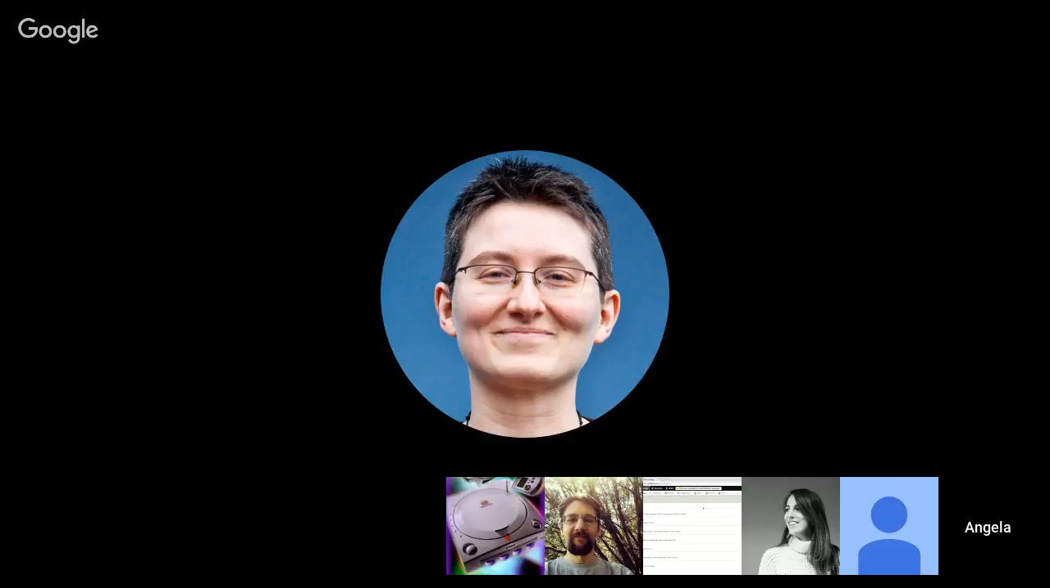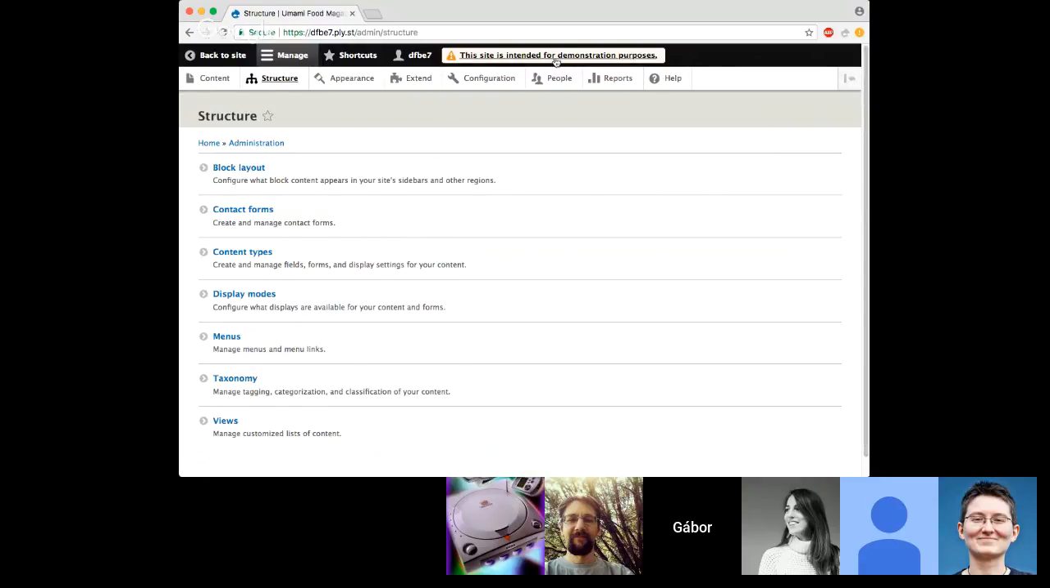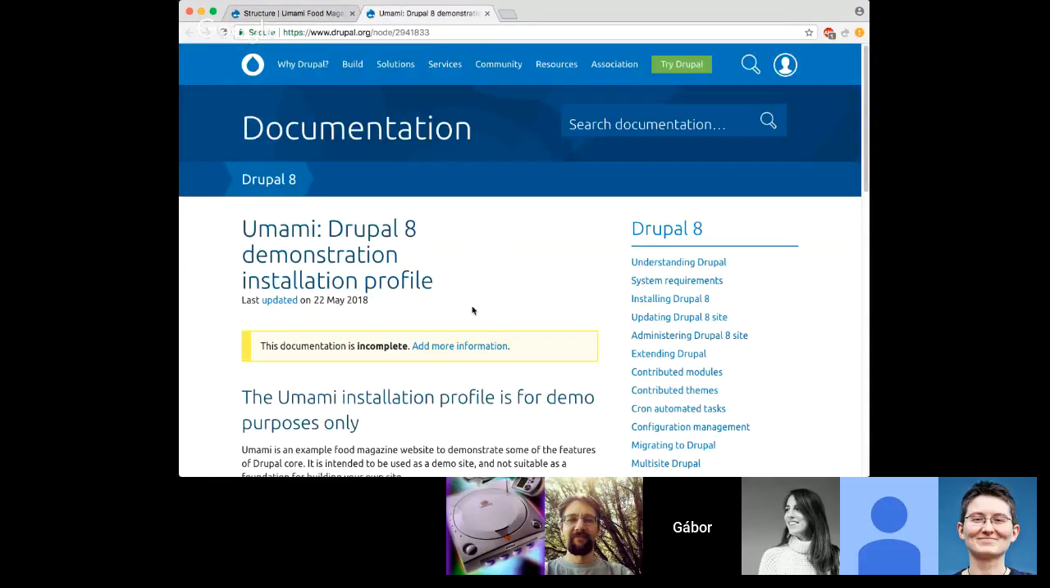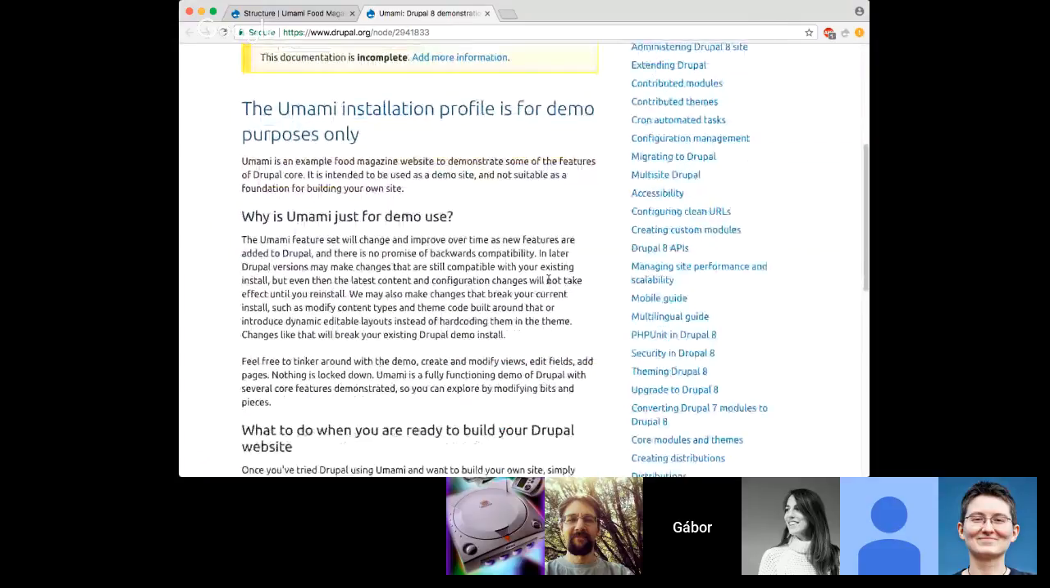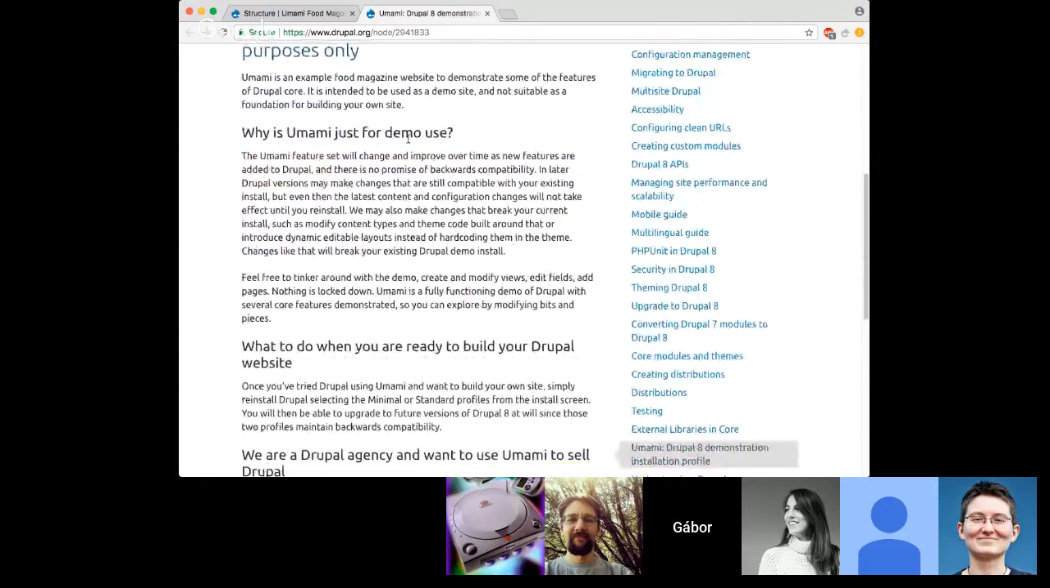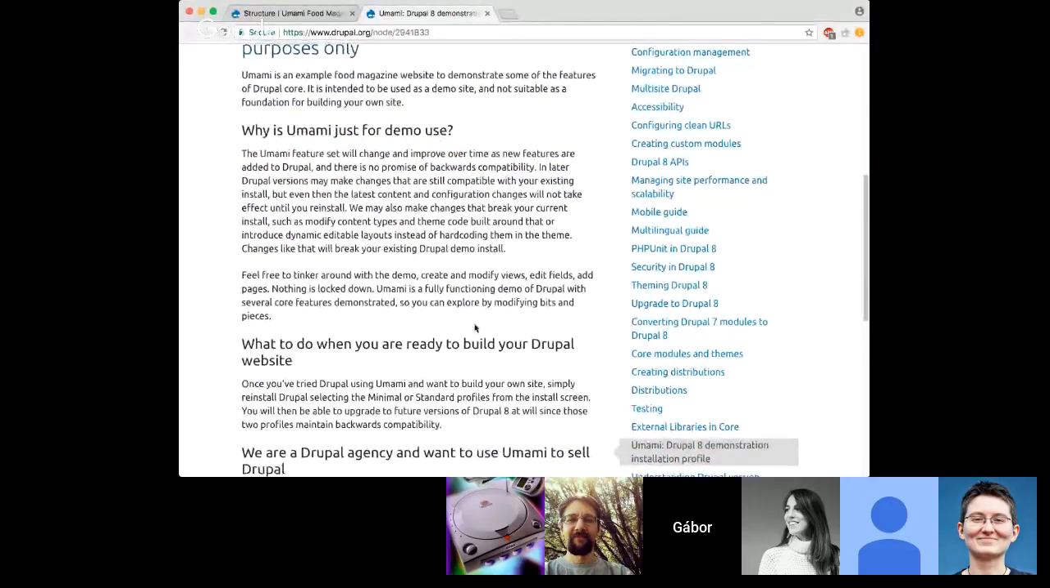Is that clickable? That is clickable, yeah. So this is intended for demonstration purposes. It's a link, and when you click it, it goes to the Umami Drupal 8 demo install profile. Hey, there's docs. It tells you it's for demo purposes only. Why is it just for demo? Like it explains